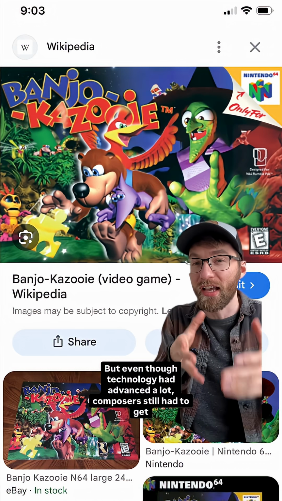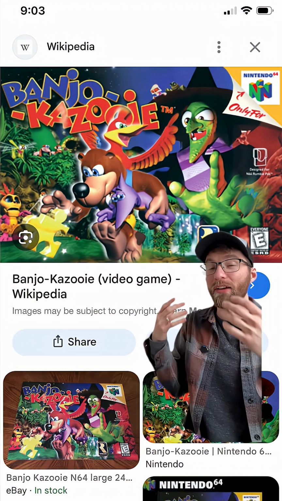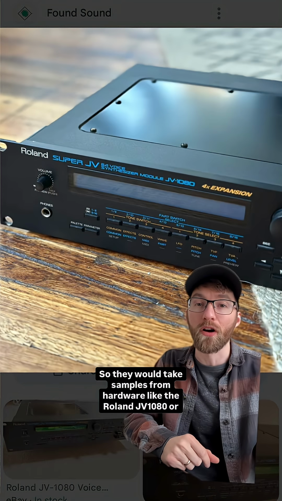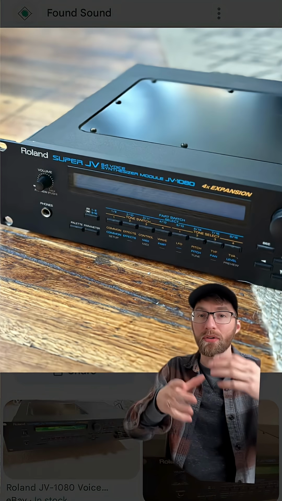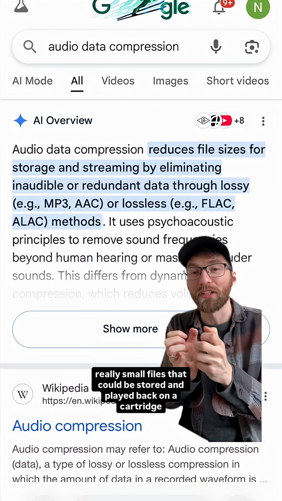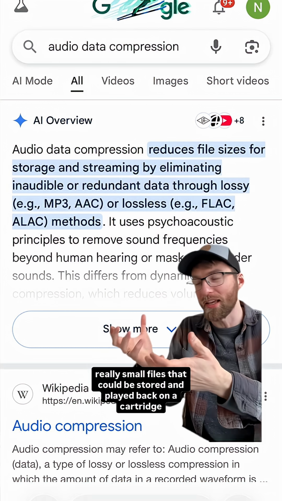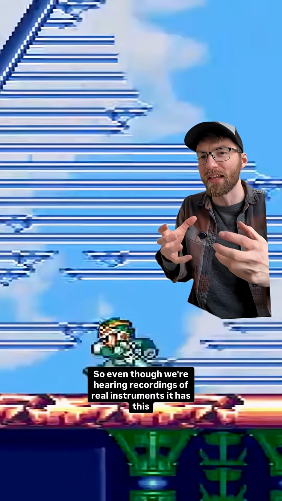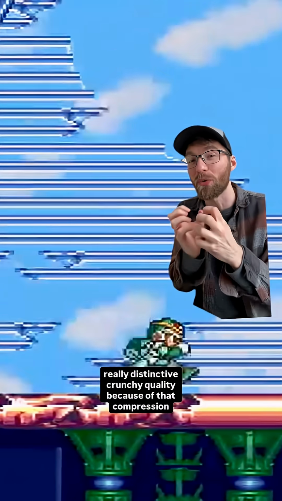But even though technology had advanced a lot, composers still had to get really clever with how they used their storage. So they would take samples from hardware like the Roland JV1080 or the Sound Canvas or different sound libraries, which were pretty high fidelity sounds, and then compress them into really small files that could be stored and played back on a cartridge. So even though we're hearing recordings of real instruments, it has this really distinctive crunchy quality